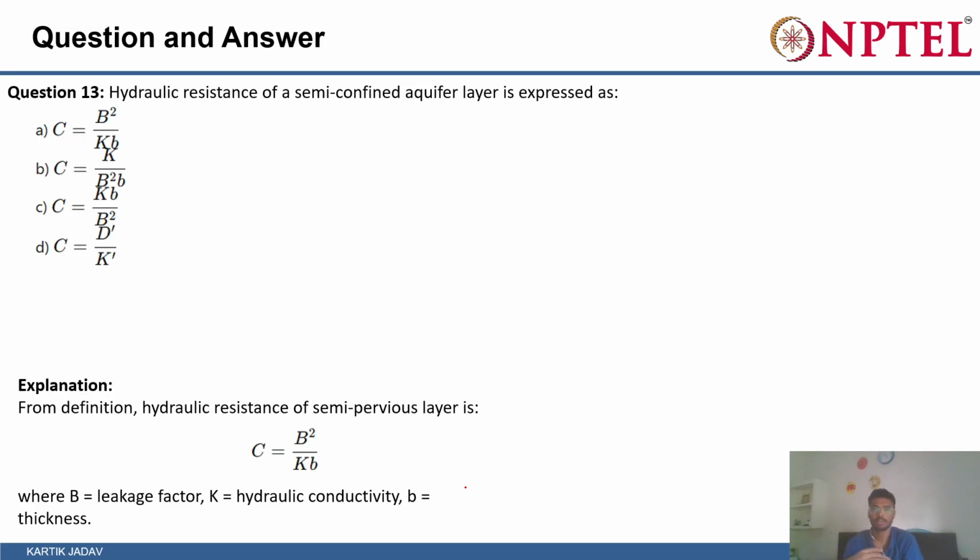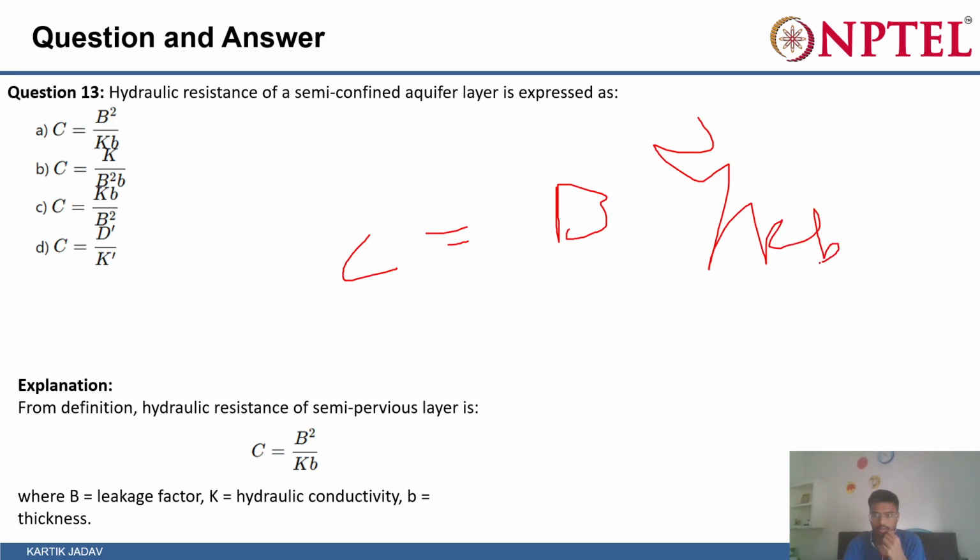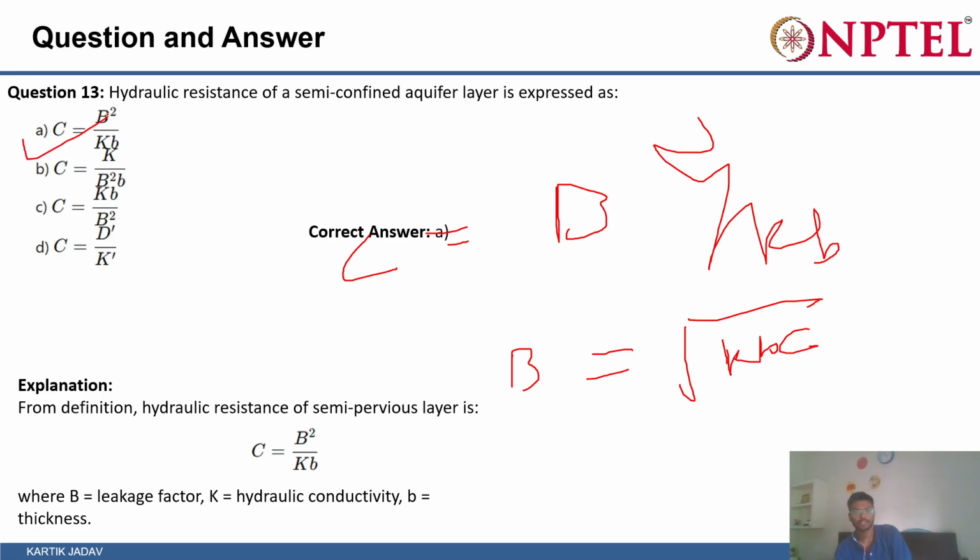Hydraulic resistance of a semi-confined aquifer is expressed as, we know that hydraulic resistance C is equal to V square by AB, or you can say leakage factor B is equal to under root KB. C is equal to V square by, correct answer is